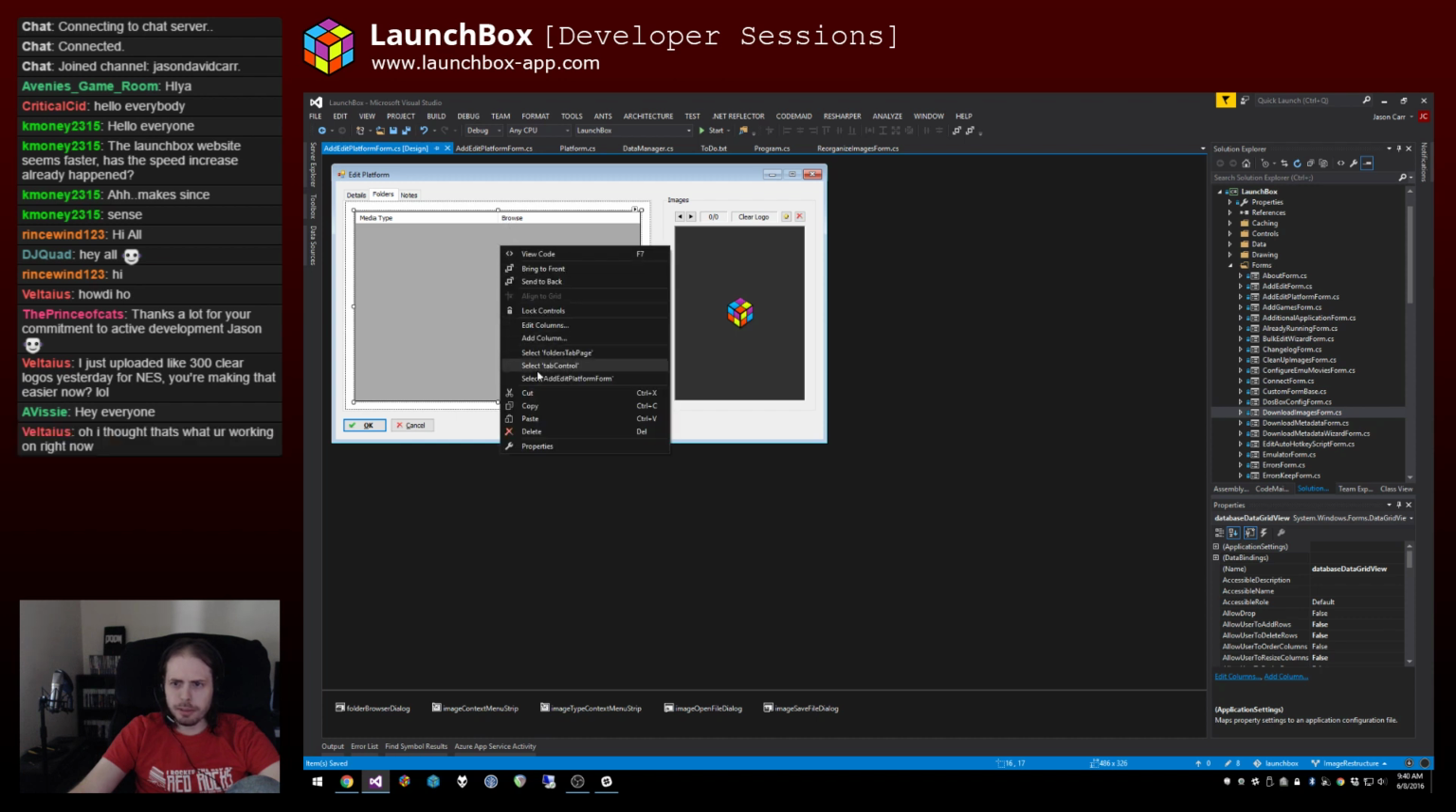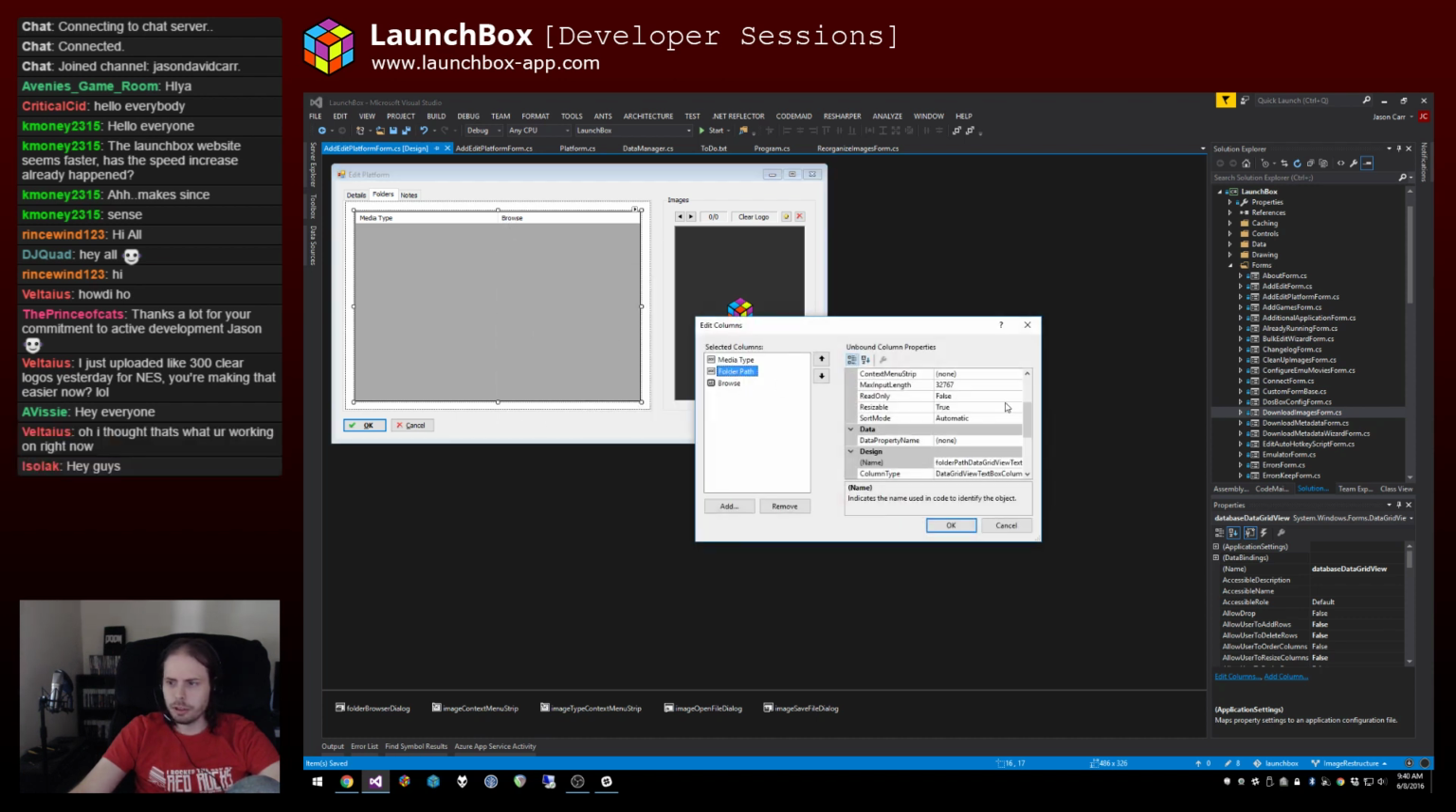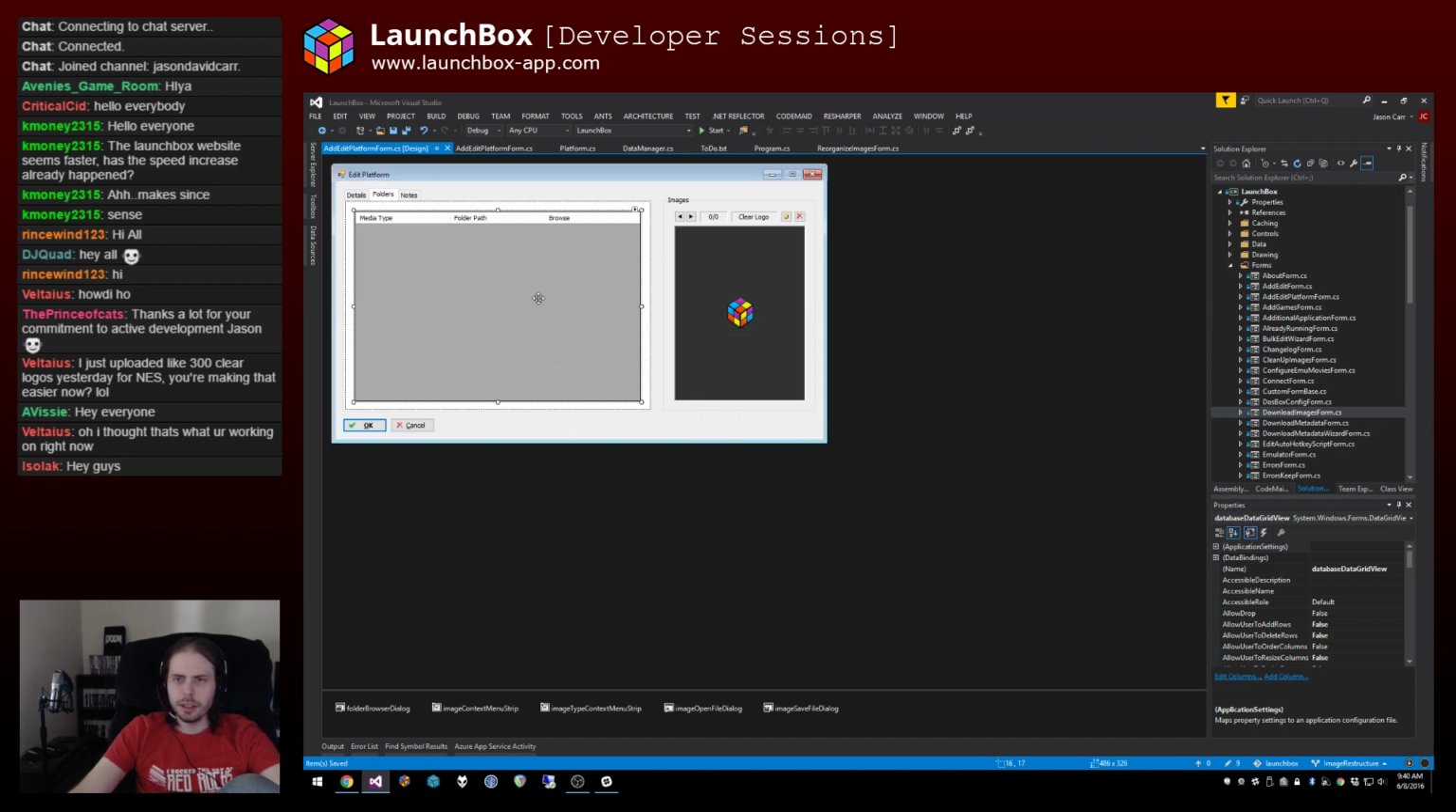We're missing something, something's not visible. It looks like folder path probably isn't visible. There we go. And then the issue was